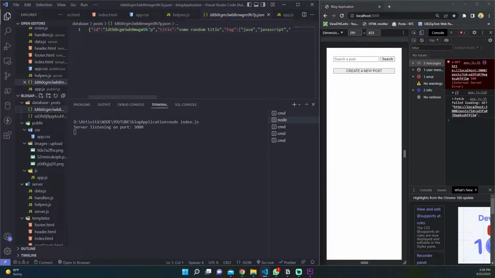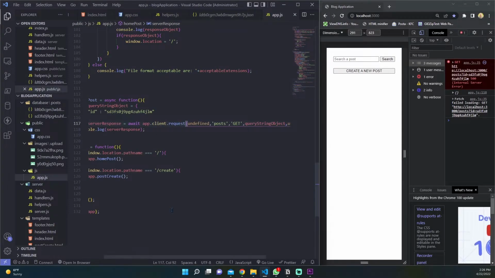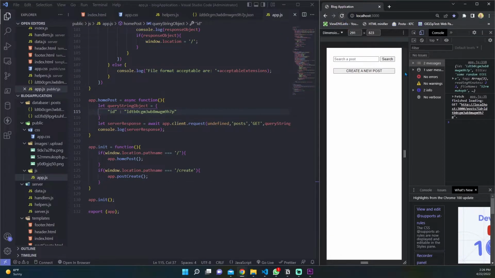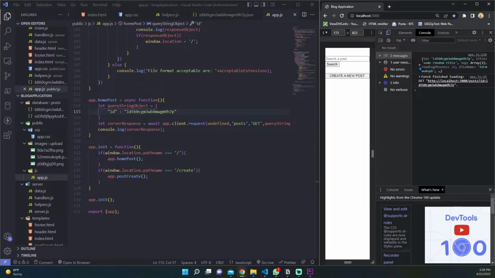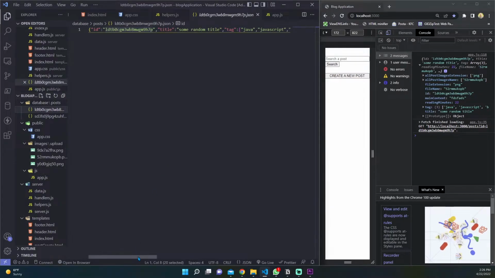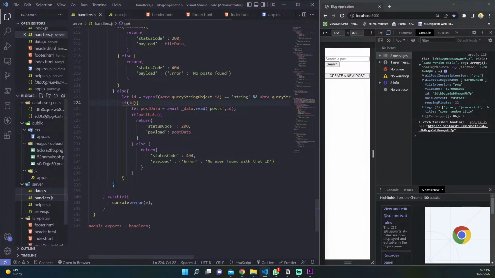Let's try to grab this ID, and let's try to pass this ID inside our app.js function, inside our query string object. Okay, let's save our app.js file, and we can try to refresh. And as you can see, finally we have an object with all the necessary information we need to manipulate from our client. We have exactly the same things we have in our database here. So now that we know that our function is working okay, we can go back in our index.js file